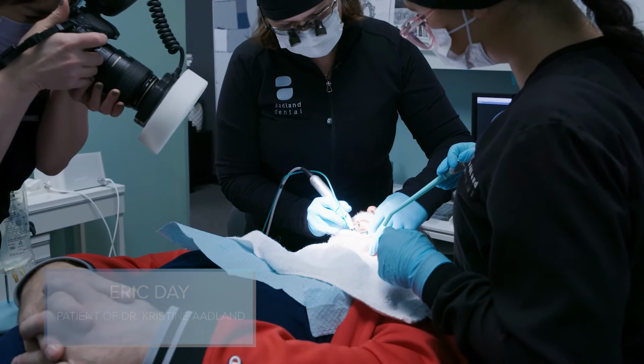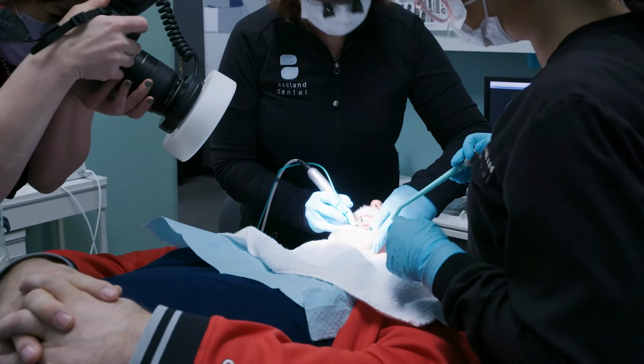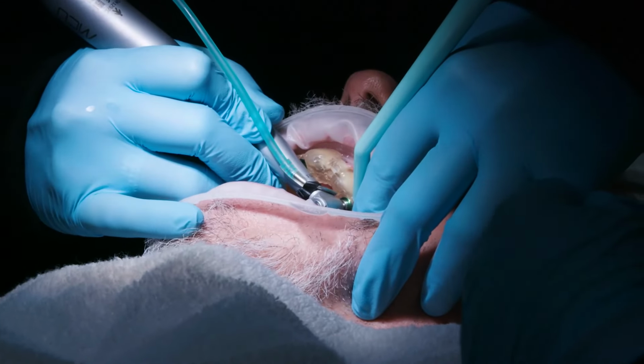I came to Aadland Dental today to get some implants. It has been something I've been thinking of doing for 42 years. I got hit and I busted my tooth out and made my mother sick because I had the best teeth in the family. So